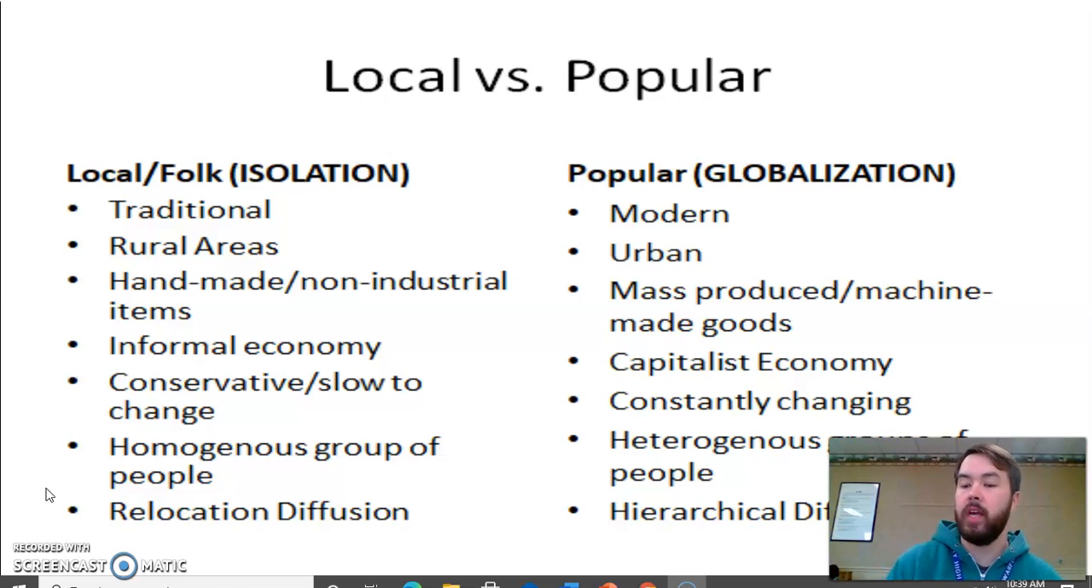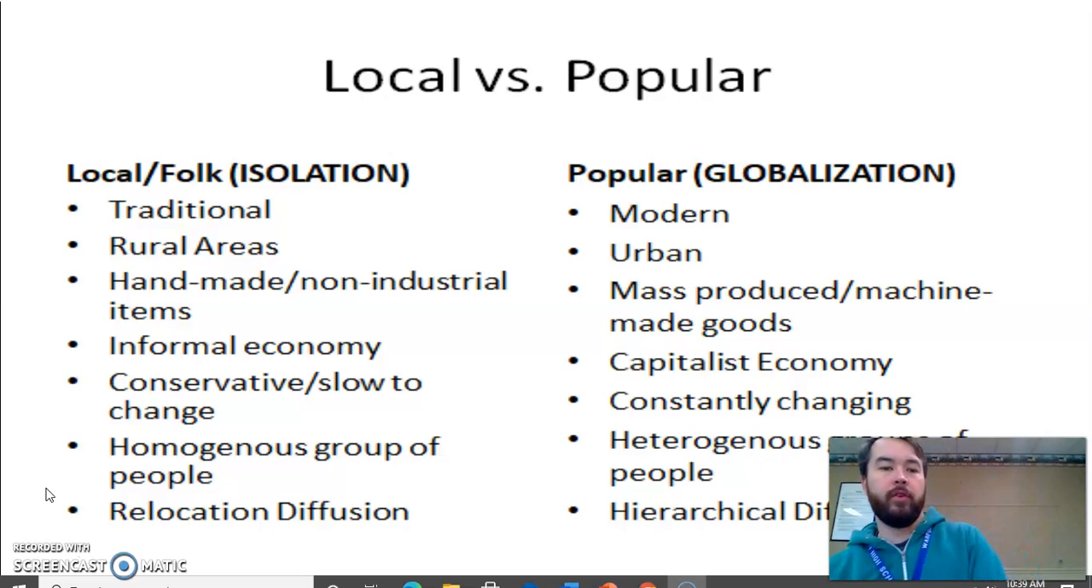So yesterday I gave you a little critical thinking question as we learned about folk culture and pop culture. So we talked about isolation versus globalization. Is pop culture or folk culture more apt to be isolated or globalized? And here's your answer. So local and folk cultures, and you need to know this for the AP exam,